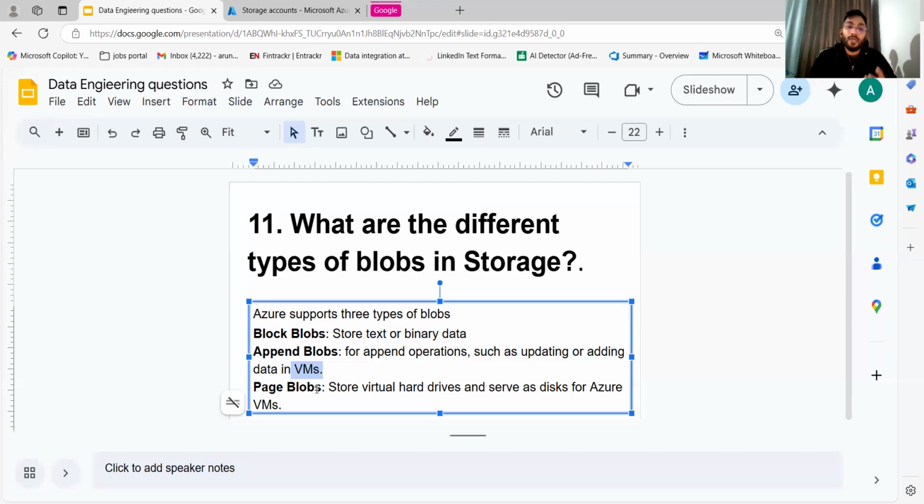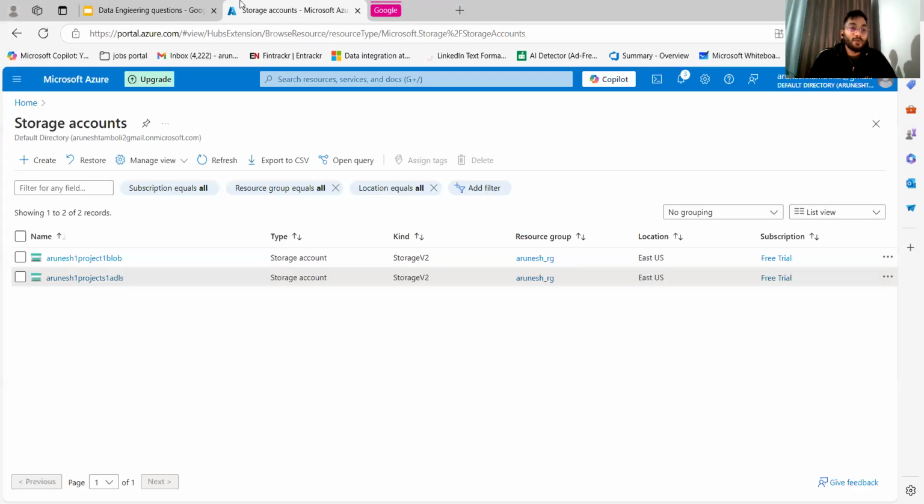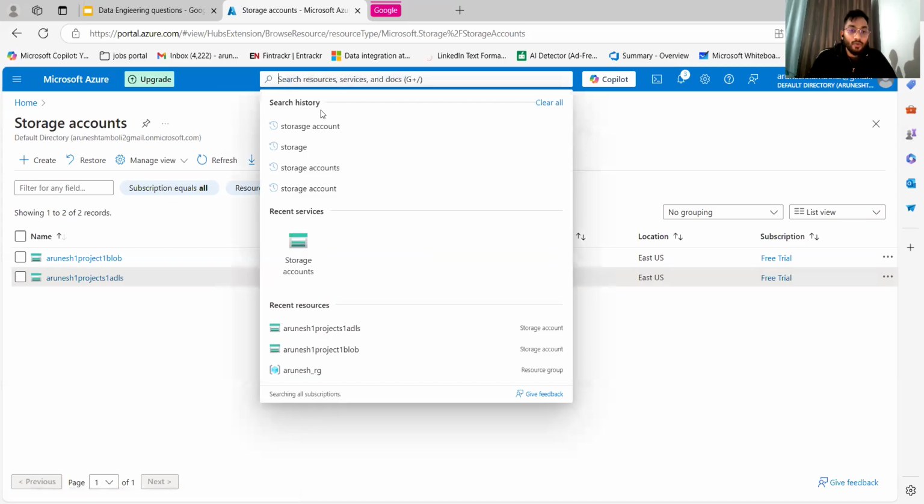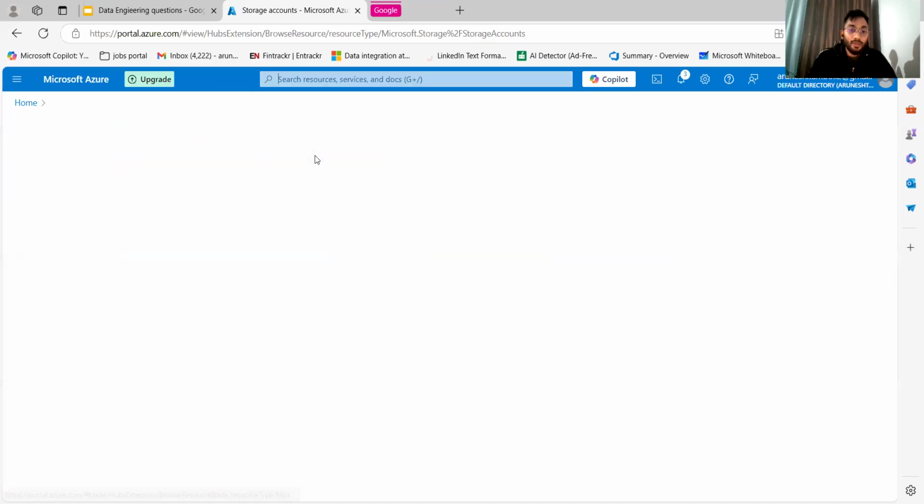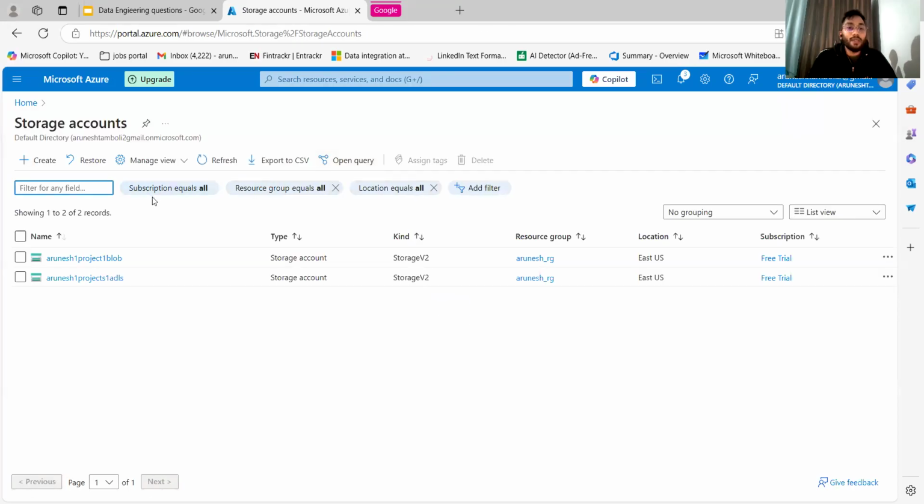Let's go to Azure portal and see how it really works. I'm already inside the Azure portal. You can go to storage accounts from here. Once you go inside the storage account, let's see how this blob, append blob, and page blob really work. So suppose this is the already created storage account. Let's go to this one, ADLS,